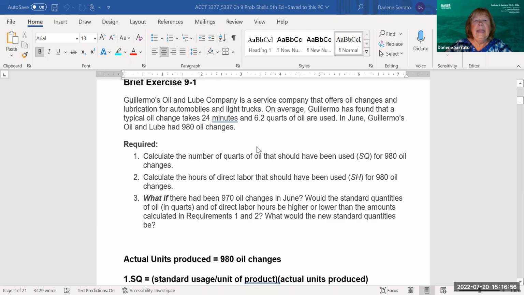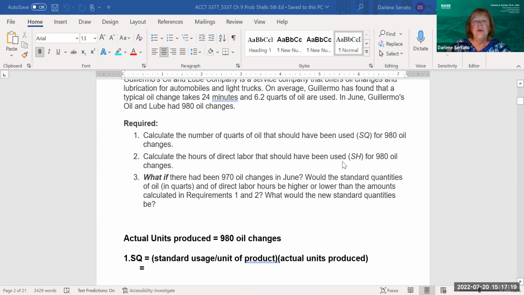So, Guillermo's Oil and Lube Company. We have oil changes. A typical oil change takes 24 minutes and 6.2 quarts of oil. Actual production was 980 oil changes. Calculate the number of quarts of oil that should have been used for 980. So to do that, we want SQ. So standard usage per unit is